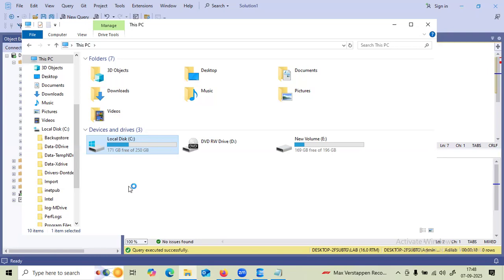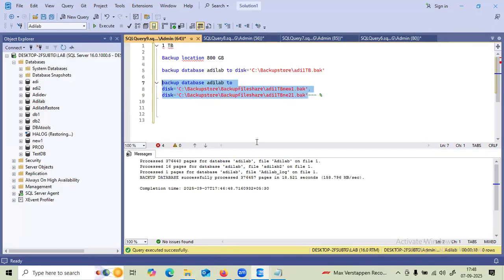So that means the backup is going to take 2 hours. The same thing, if I want to restore the 1 TB with a single file, the restoration will take 1 hour. But if I want to restore the split files, that will take like 1 hour. Why? Because one more thing is, if you want to restore this particular database